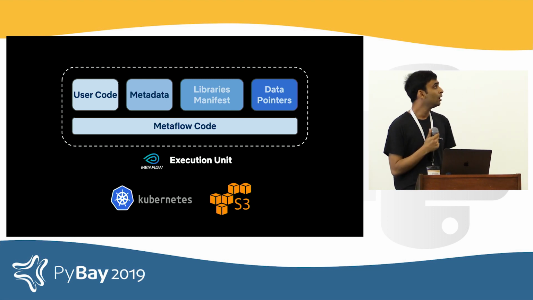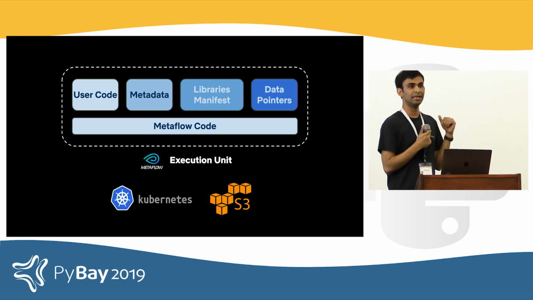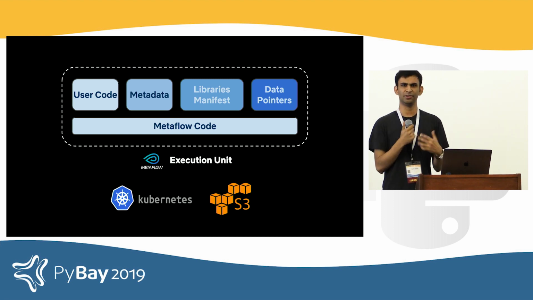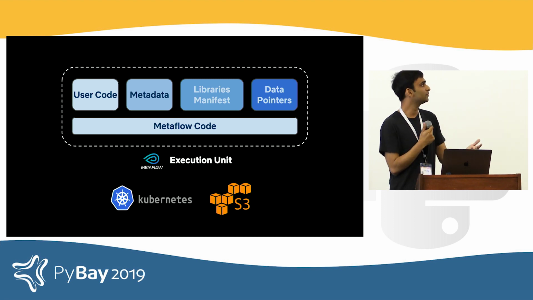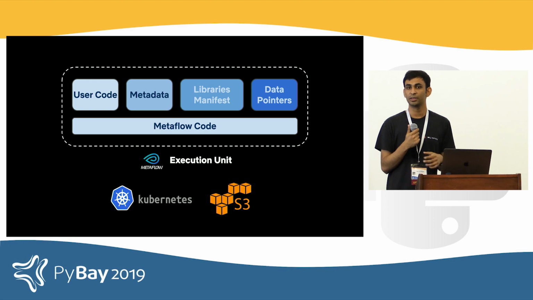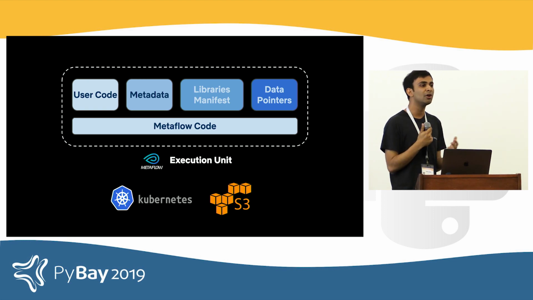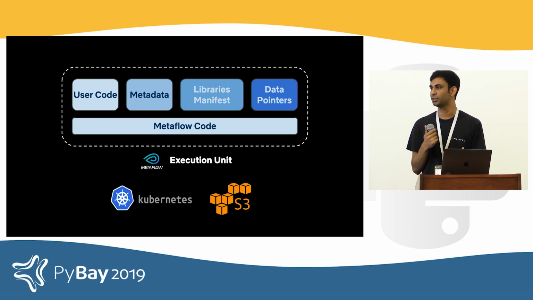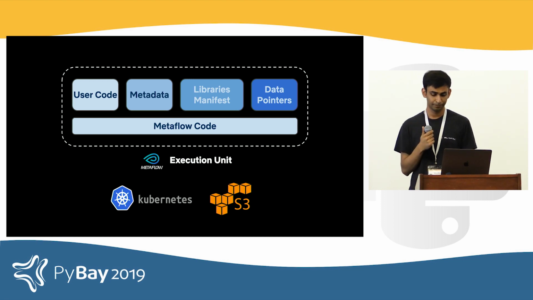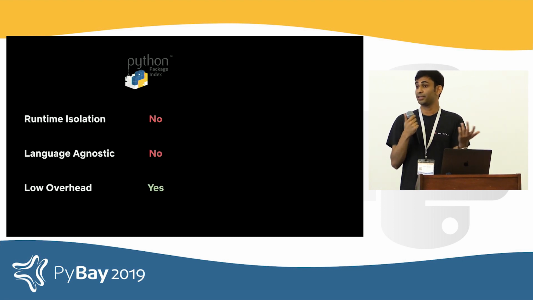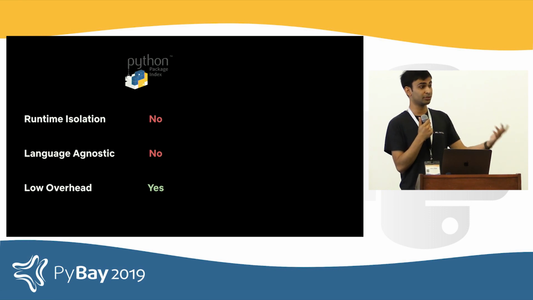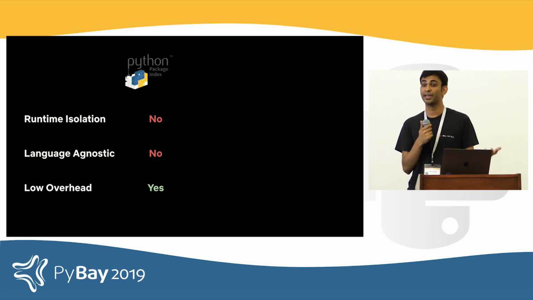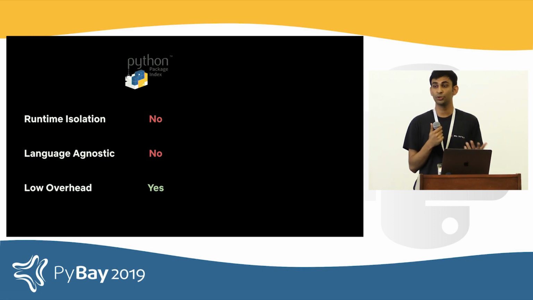Now, when it comes to the library manifest, we had a bunch of different options here, and as part of this talk, I would love to share some of our learnings on how we manage these library dependencies. What sort of dependency management solution do we bake into Metaflow? Since we are at a Python conference, most of our users also use Metaflow in the Python world. One of the most obvious choices that pops up immediately is, hey, why don't you use pip with virtualenv?